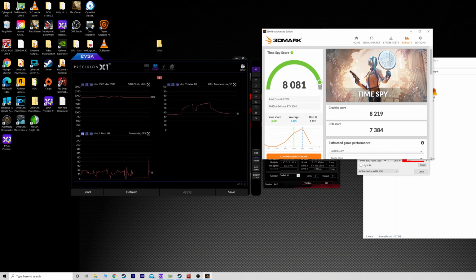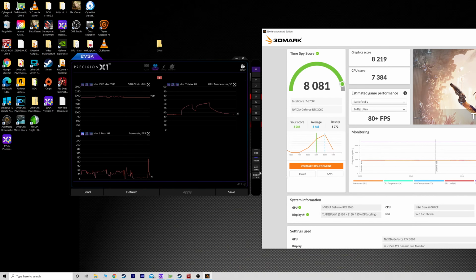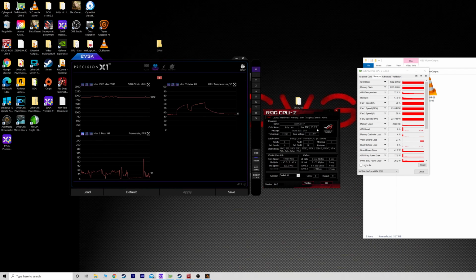All right, so we got our score here, just over 8,000 in regular Time Spy, and you can see the GPU clock didn't really change much. It was 1882 it says is the base clock, and it got up to like 1927. Temperature capped at 63 degrees, which isn't really amazing considering that really isn't that long of a test. That means it's not really getting the best cooling, and of course frame rate's all over the place. But see here, maybe we can find out GPU temperature. Yeah, maxed at 63.6,